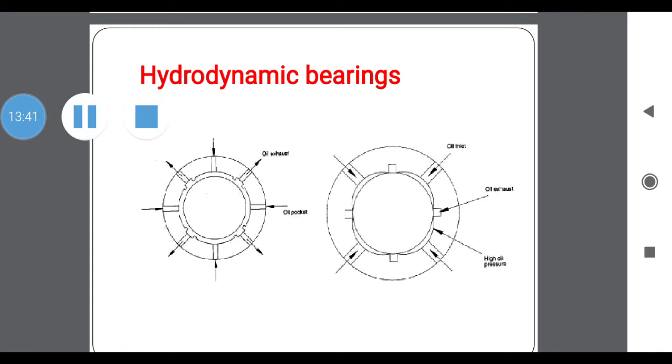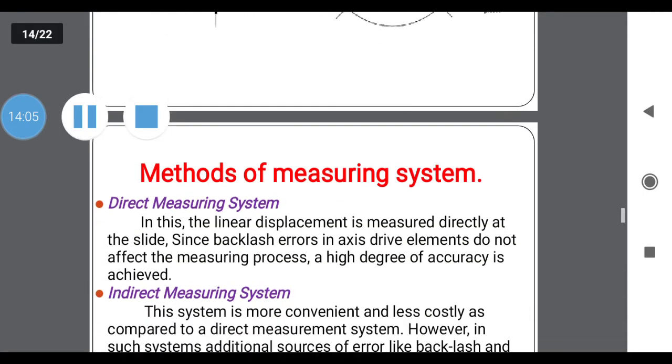Here you know the structure of these two bearings, hydrodynamic bearing and hydrostatic bearing. Again the construction of both is the same, the only difference is in the lubricant. In hydrodynamic we are using oil as the lubricant. In hydrostatic we are using a solid lubricant, that is a powder. Again the inlet and outlet of that lubricant is the same. These two structures indicate the hydrodynamic or hydrostatic bearings.